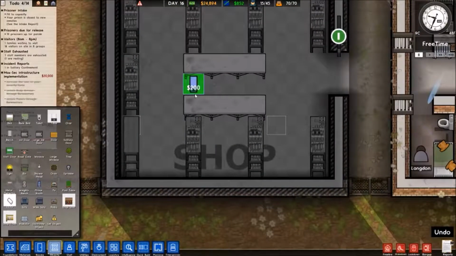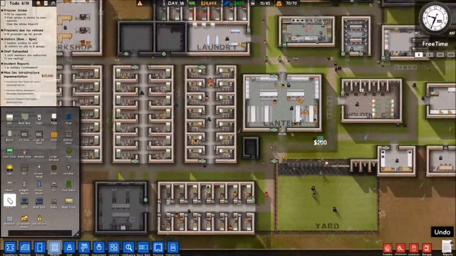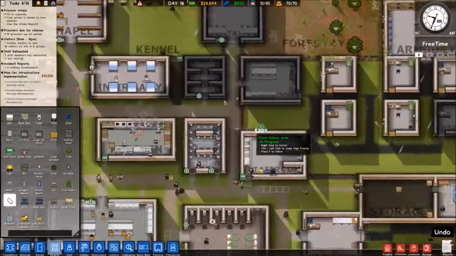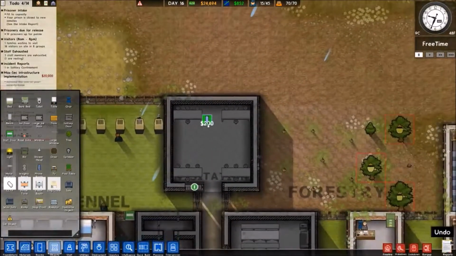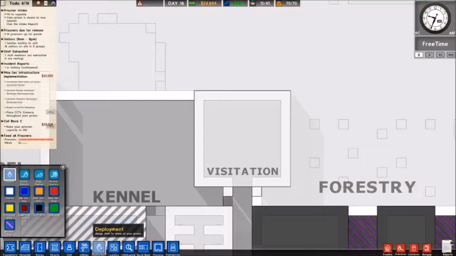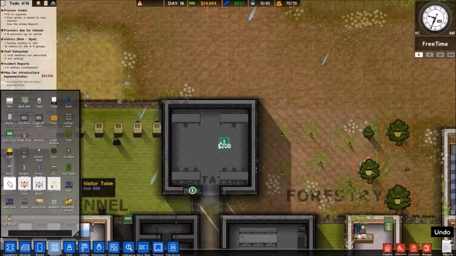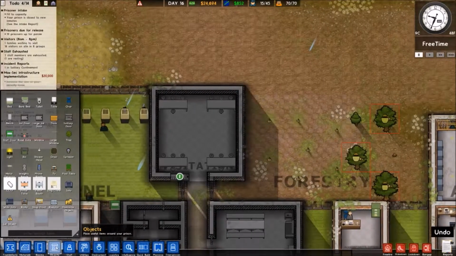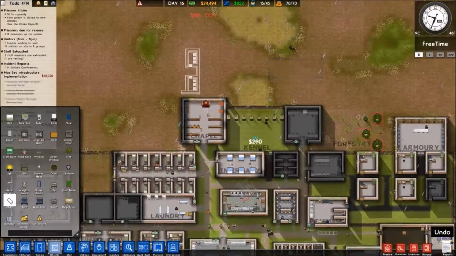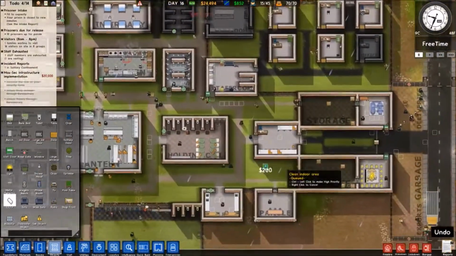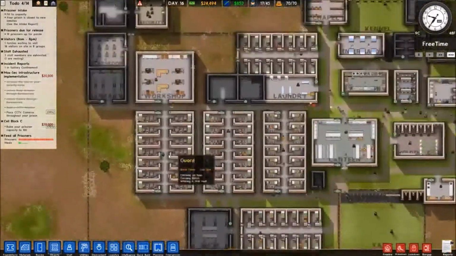Let's get one so we can view the inside of the shop, just in case. I just like having a view on places that I don't. There's a common room. We don't really care about that. Visitation. We should probably actually keep a camera. Is it worth keeping an officer in here? I guess not. Might as well put a camera in here. Let's get our money's worth on these cameras, guys. Alright, so that'll be the couple of cameras we'll have set up.